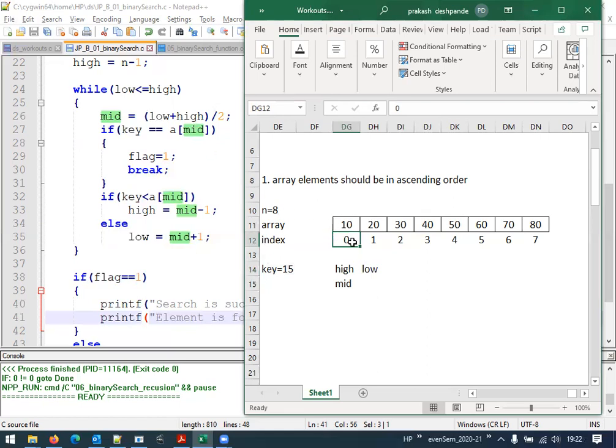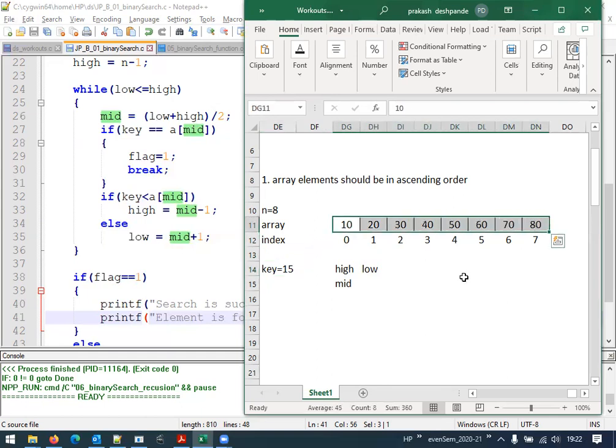Now, conceptually, what it means is that we tried to apply the binary search technique, and we reached a situation where low has crossed high. That means the element which we are trying to search doesn't exist at all in this array.